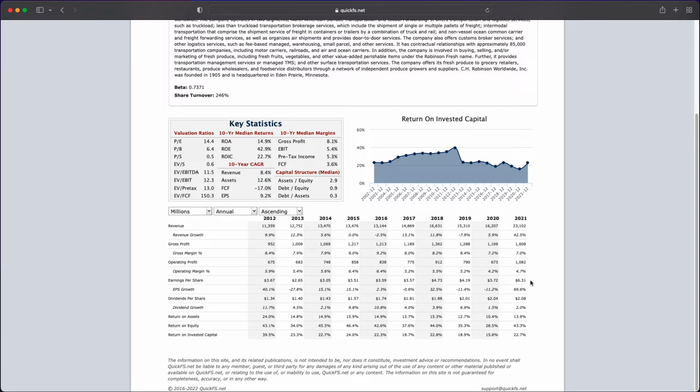And if this is a logistics company, they are probably a beneficiary of the supply chain and driver shortages right now, because they're able to make much higher profits from their shipping and logistics during 2021 than may be normal. So that's something to be aware of when you're looking at this company, that some of these recent profits are perhaps